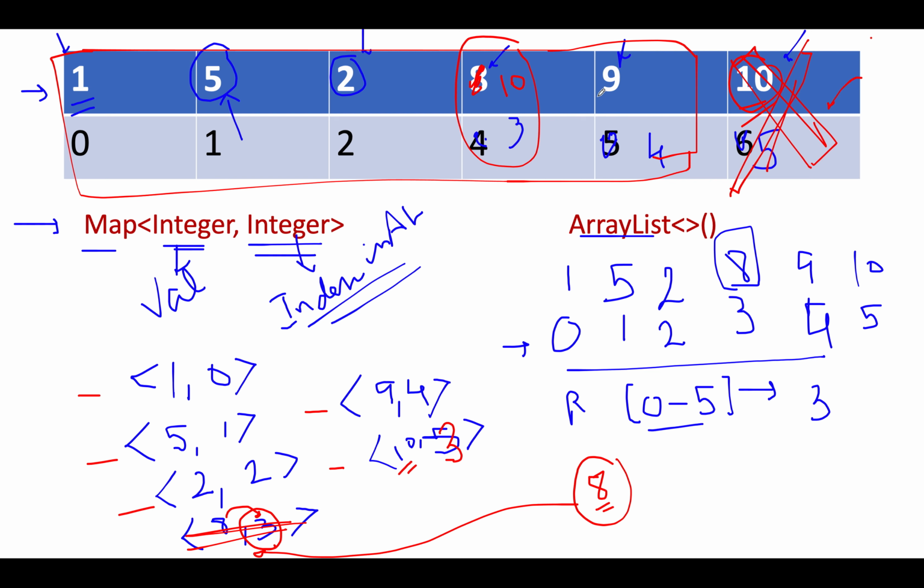If you want to generate a random number, you will check the size of my array list. The size of the array list starts from 1 to 4. So you'll generate a random number from within the range of 0 to 4. And once you get that index, you'll simply return the value held at that index. The complexity of generating the random number also reduces to order of 1. In this way, we are able to achieve all the 3 operations with a time complexity of order of 1.